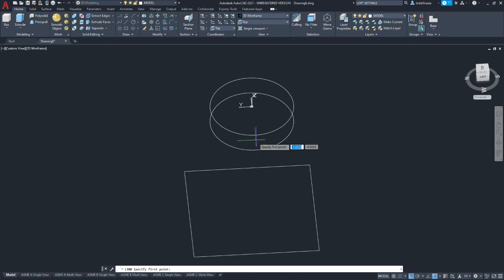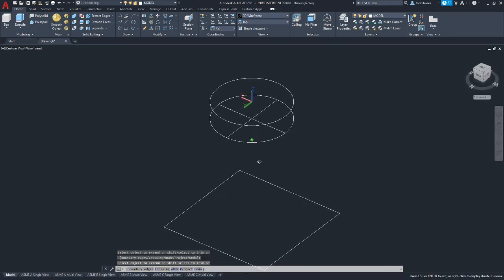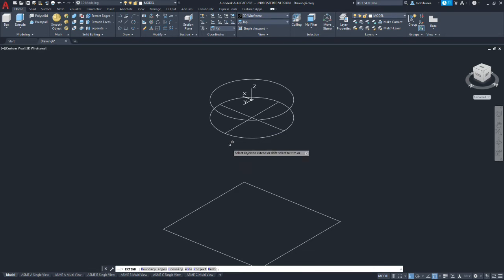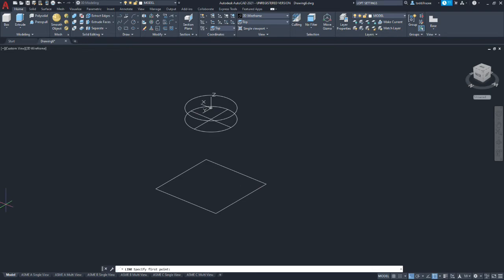Okay, I have ortho on. We're going to go from the center of the arc out, and we're going to go again from the center of the arc in the opposite direction. We are then going to trim and delete, and then we will extend the lines to the limits. Okay, so what our goal was there was to create lines that we can pick on to create our guide curve.